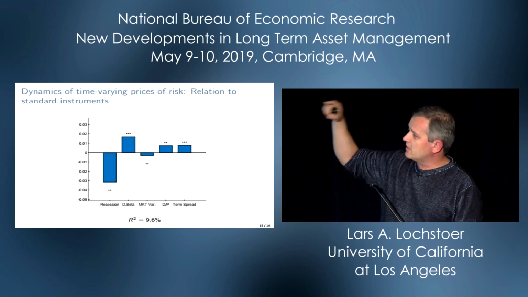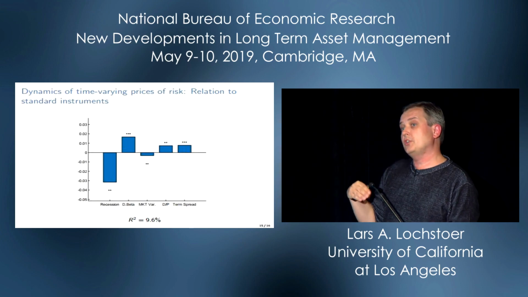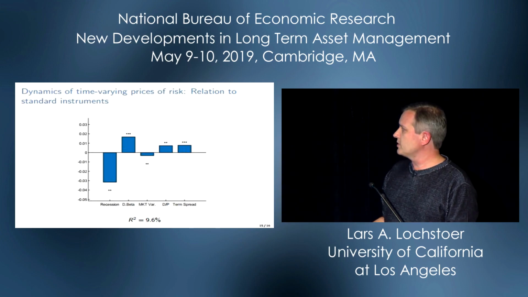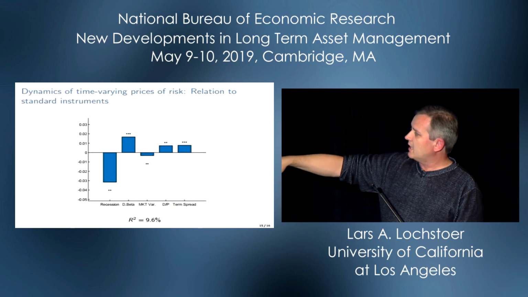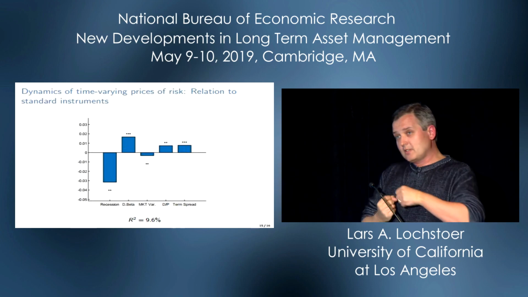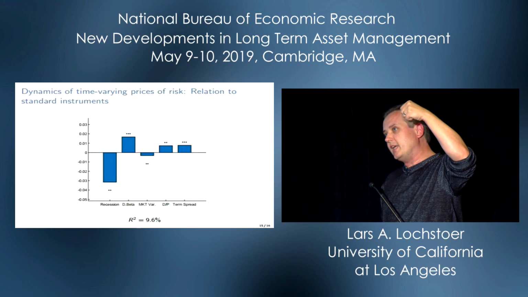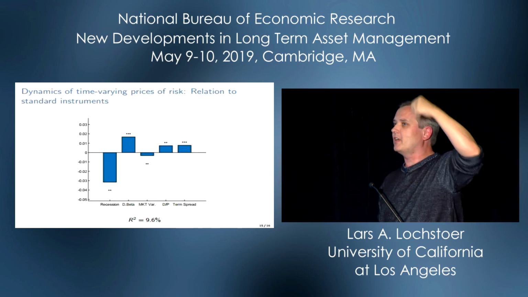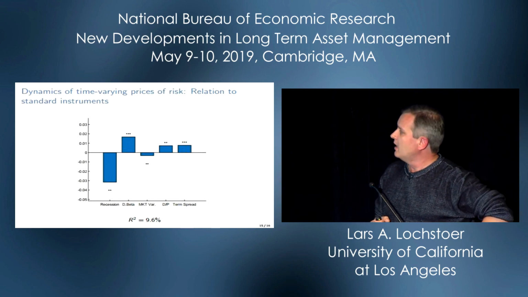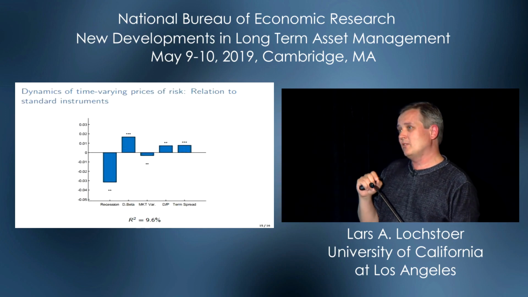So the recessions are statistically significantly negatively related to the conditional Sharpe ratio as given by these long-run returns. And that doesn't really depend on the other variables here. That's a pretty robust fact. The cross-sectional heterogeneity, how much spread there is in beta, is actually positively related. That makes some sense. If I had done the value spread, I kind of wish we had the value spread in here now. It makes some sense to think that maybe the price of risk is high when there's a lot of difference in the cross-section. The market variance, the conditional variance of the market, is negatively related to the price of risk.